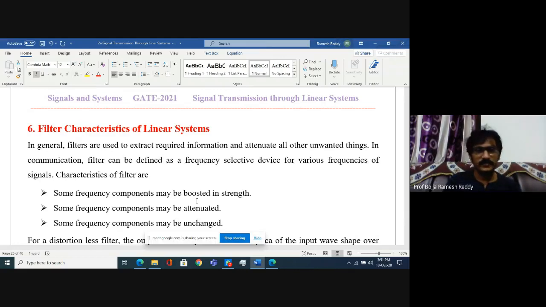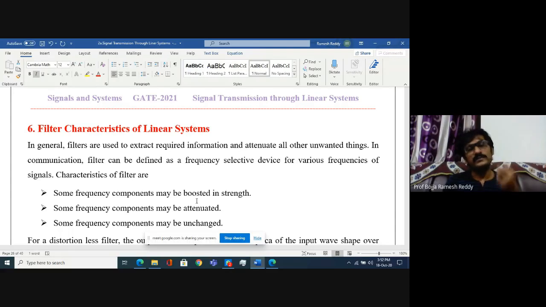Those are filters used in electronics. Now, in communication, a filter can be defined as a frequency selective device for various frequency signals. Suppose in a single wire we are getting so many channels. To get a particular channel, we can go for a narrow band filter. We press a number on the remote, like 743, and immediately we get a channel. There, the function is a narrow band filter where we are selecting a frequency, not a number, like 95.6 megahertz or 102.4 megahertz. Selecting a frequency is a narrow band filter.